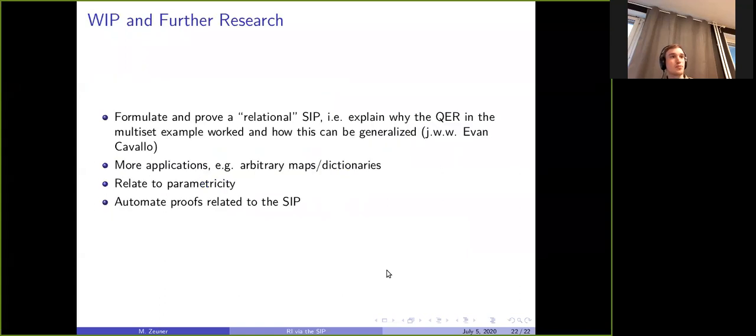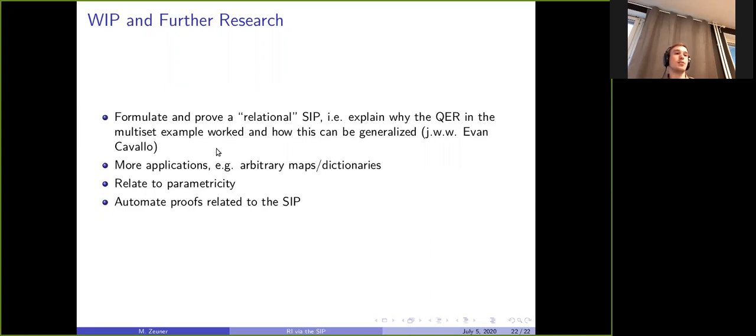So this is really like we would like to generalize that, formulate and prove a relational SIP that gives us conditions on when such a quasi-equivalence relation allows us to use this whole machinery to get representation independence or make the SIP applicable.